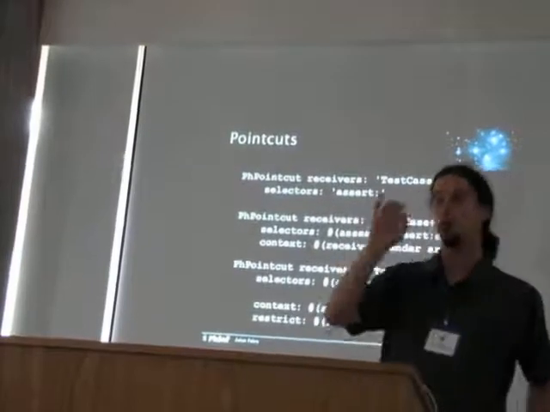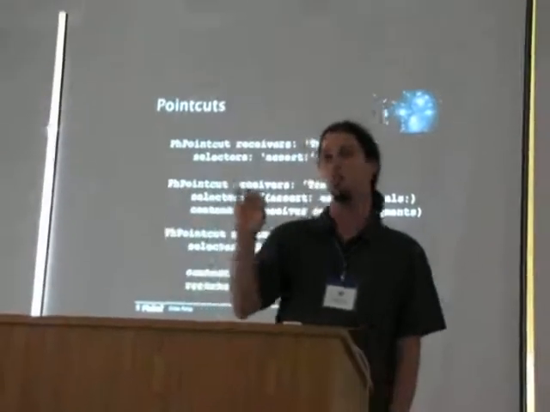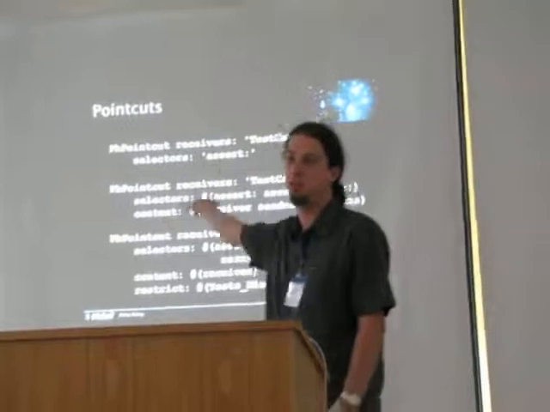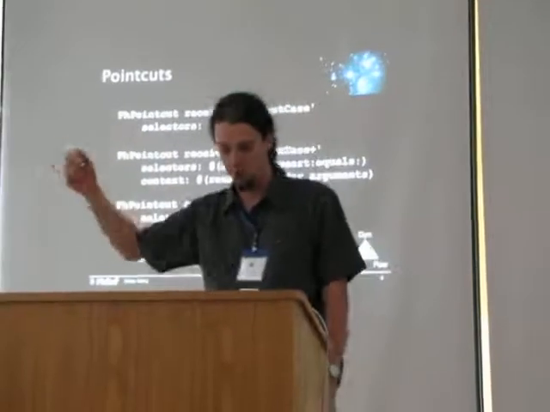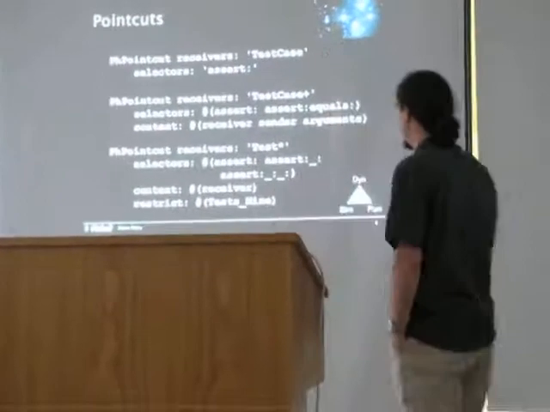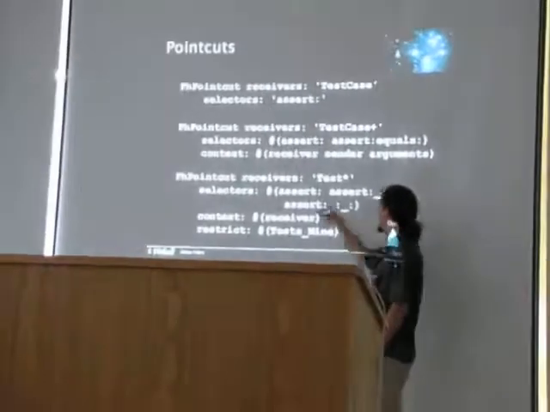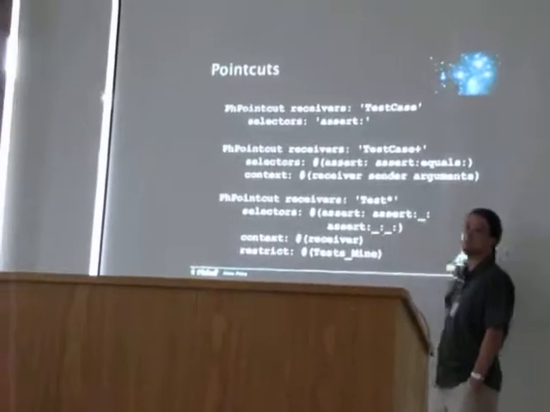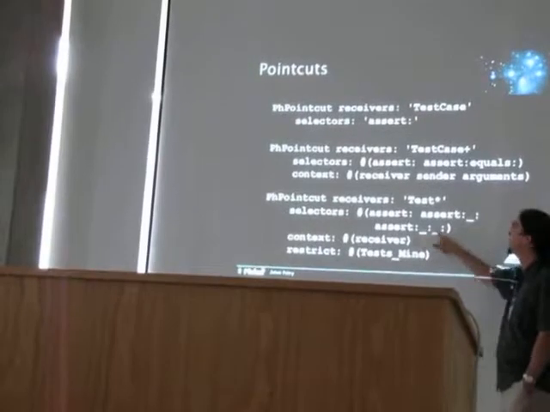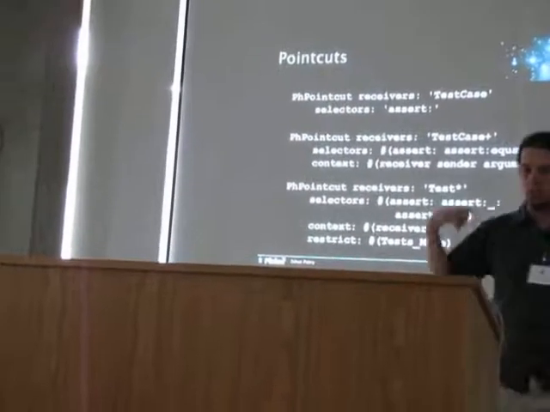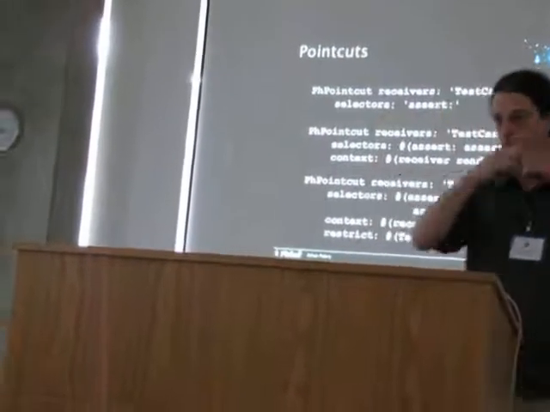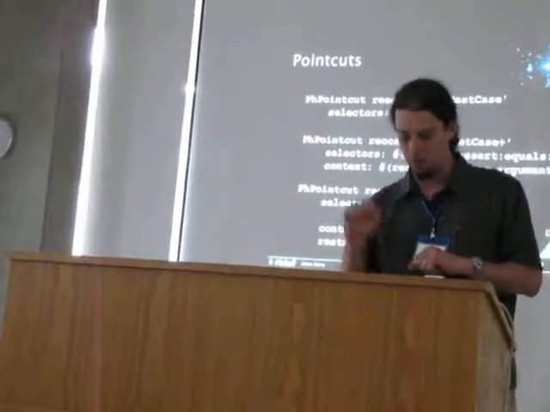Multiple things here. I can also use a star in the name of the class, which is basically star replaces any type of string. As you know, as in regex. So this is all classes, the name of which starts with the test, right? I can use also wildcards for names of functions. So this is going to intercept all assert something and assert something. Right? So it will do assert equals and it will do assert equals from I don't know which one. Alright? So I can use wildcards in the name of receivers as well to more easily express different places where I'm going to intercept the computation.